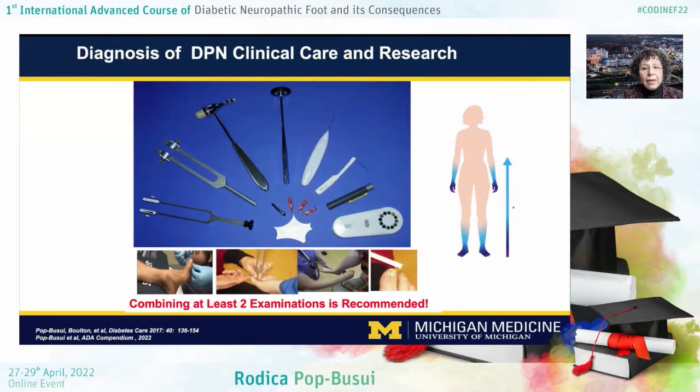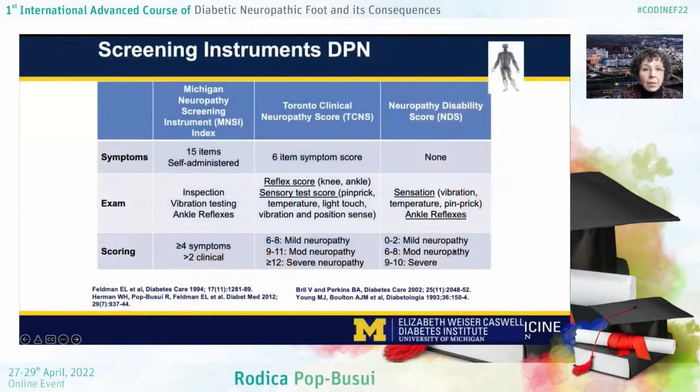We do have a very high battery of research tools, including these various electrophysiological equipment and technologies, as well as small fiber specific measures such as the skin biopsies or the corneal confocal microscopy that I'm sure that Professor Malik will discuss in depth. Based on this clinical and symptoms, a variety of screening instruments to diagnose neuropathy have been